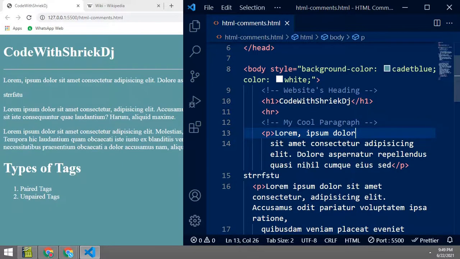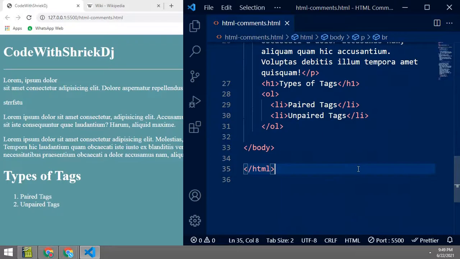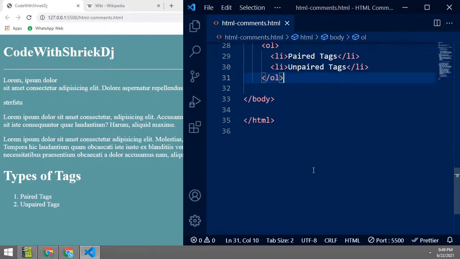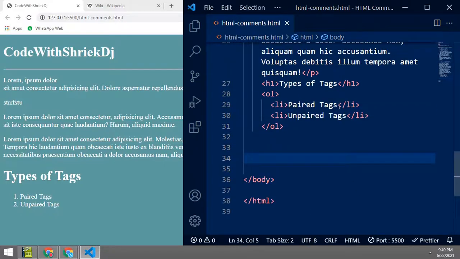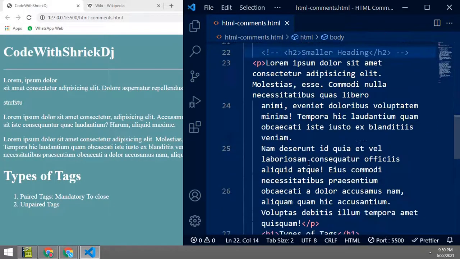See, these are the basic types of tags in HTML. It is very simple, it is not so complicated. In paired tags, the closing tag is mandatory. It cannot work, or it will show errors sometimes while you edit it.